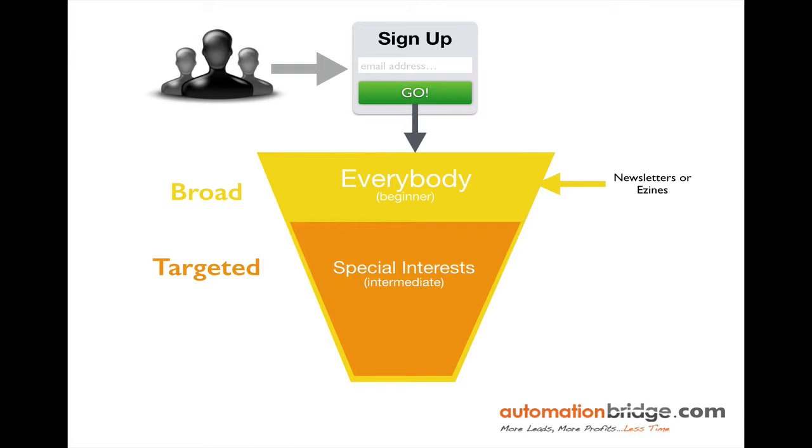Case in point, say you're a web developer with a toolkit download resource that shows all the plugins and themes that you use building your websites. Well, if somebody opts in for that, they're more than likely also interested in converting online, as well as shopping cart integration online. So what you would do is you would create additional offers around that main offer that tells you a little bit more about what kind of information your prospects are seeking from you. Okay, so it gives you a little more insight on exactly what kind of information you should be sending out,